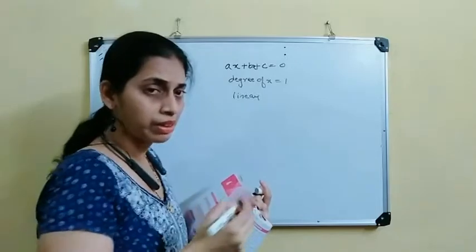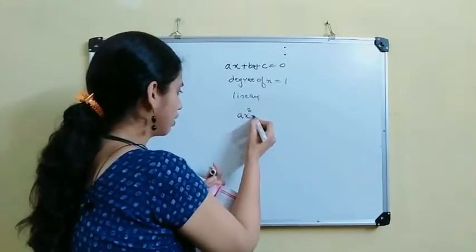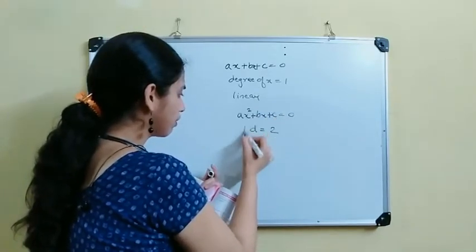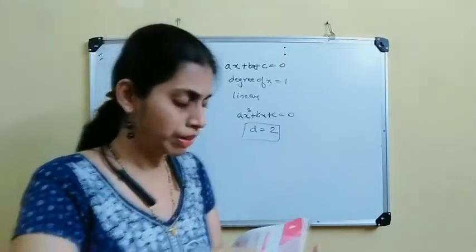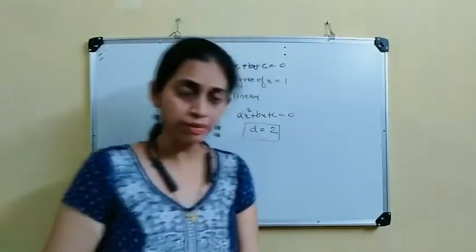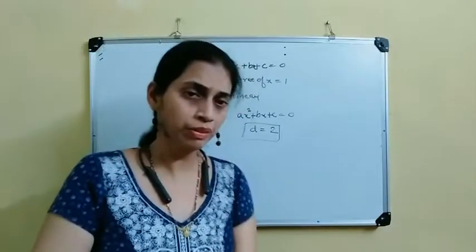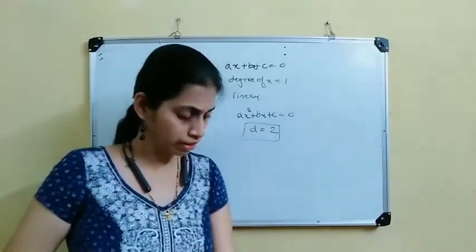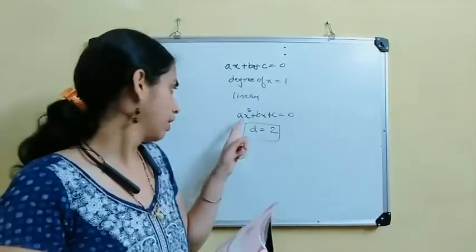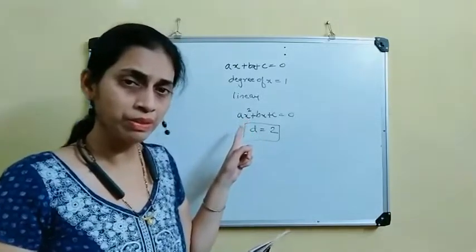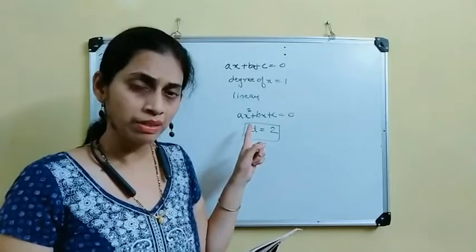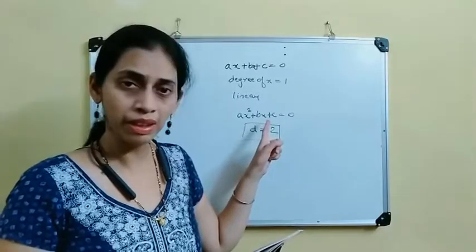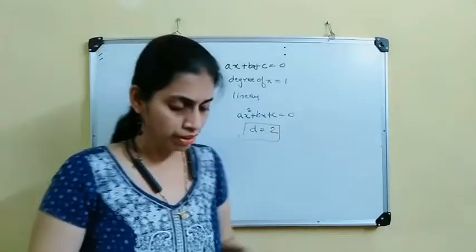If we are talking about a quadratic equation, it is ax² + bx + c = 0, where the degree is equal to 2. So this is a basic idea you should know, that it is also a polynomial of the form ax² + bx + c = 0, wherein the degree is 2. If you can see clearly on the board, the coefficient of x² is a, the coefficient of x is b, and c does not have any kind of coefficient. So we are proceeding with the chapter.